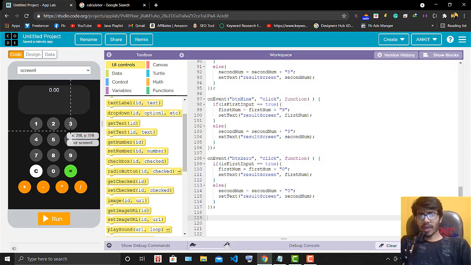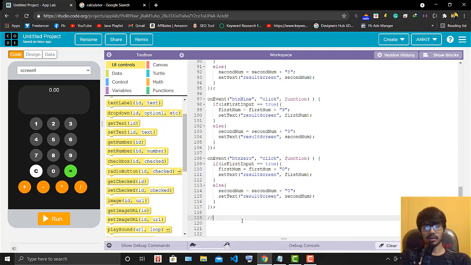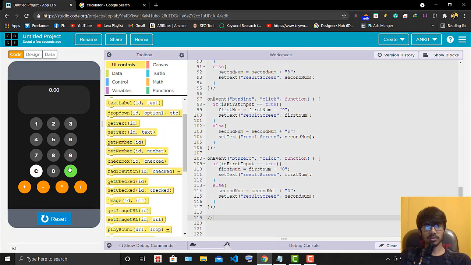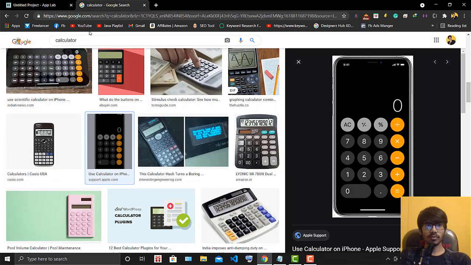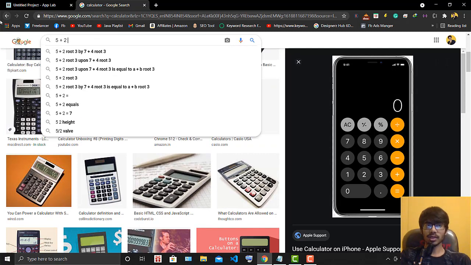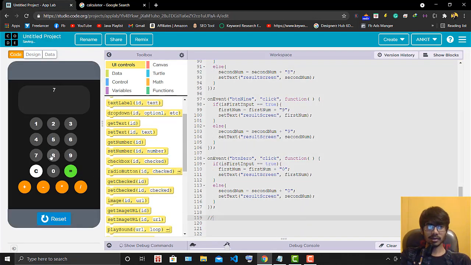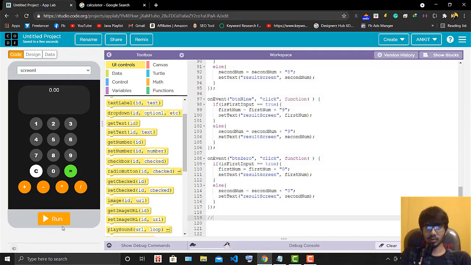Now we have to play with plus, minus, multiply and divide. As of right now, when I write 1 2 2 3 4 5 6 7, this plus should work, and we have to input 2 numbers, right? Suppose we want to add 5 and 2. Then we need 2 inputs, 5 and 2. The first input is what is going on in our project right now. Now we have to put the second input, right?